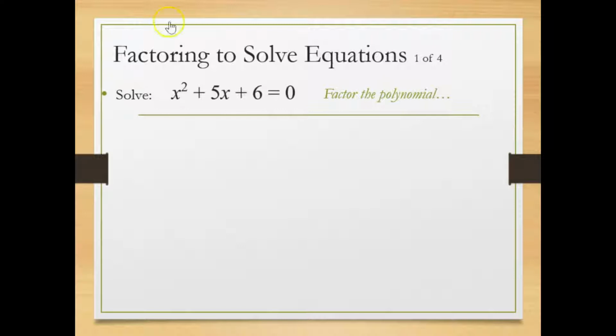Factoring this trinomial, we have no greatest common factor other than 1. Our leading coefficient is 1. X squared then breaks into an x in each of the first terms of the binomials. Factors of 6 that add up to 5, both being positive, result in the binomial x plus 3 times the binomial x plus 2. We can then use the principle of zero products to solve